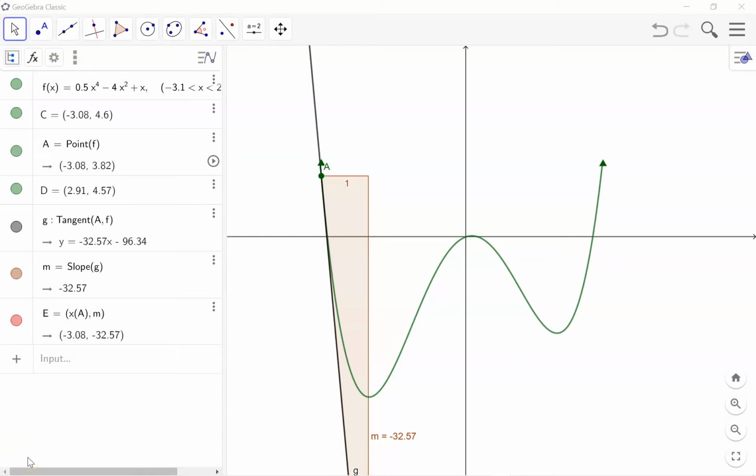So plotting the graph of the gradient function, we're going to be plotting x against the gradient. So the y-axis is going to be the gradient. Any gradients that are positive will be above the x-axis, negative will be below. If the gradient is 0, then that's going to appear on the x-axis. So we're trying to find out the behavior of the gradient